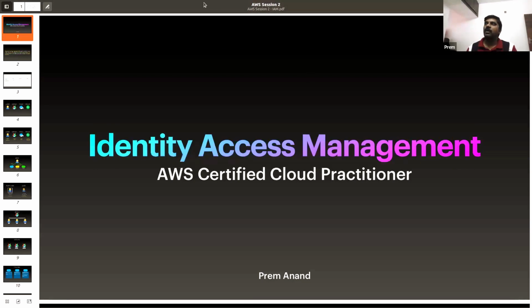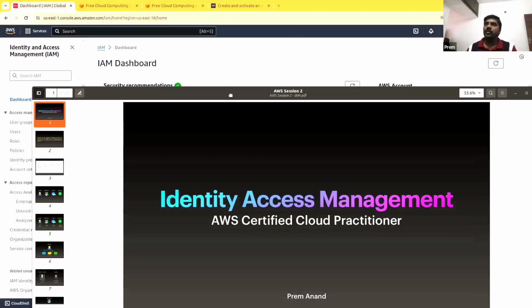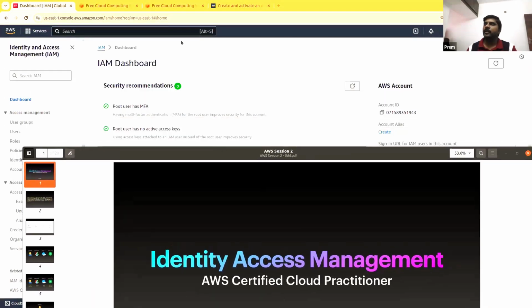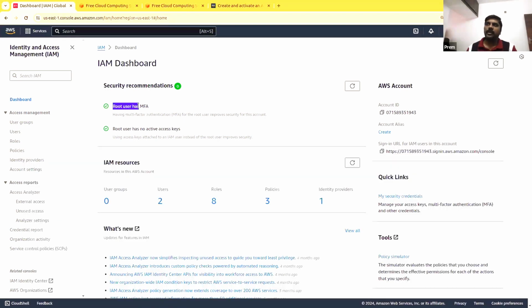Once you have registered and you have come into the AWS console, the first thing that you should do is go into the IAM dashboard. Okay. And you are the root user there. When you are a root user, set up MFA for yourself. Do not just live with passwords, because I have a very bad experience where I did not have MFA.